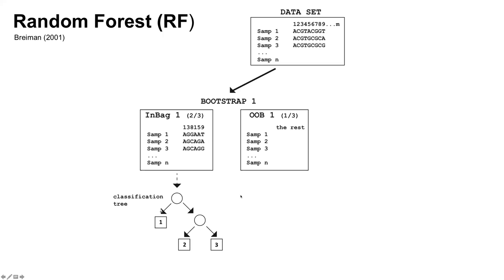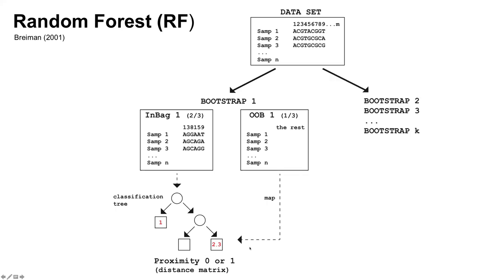And then we take that tree and map the out-of-bag samples onto it. In this hypothetical example, we may get 1 up here, and 2 and 3 end up in the same box because they cannot be separated based on the data here. So for this particular bootstrap, and for every bootstrap, we calculate a proximity score. This is essentially a distance matrix, a proximity matrix. The pairwise proximity score for 2 and 3 is 1, because they're in the same box. The pairwise score between 1 and 2, and 1 and 3, is 0, right? So it's 0 or 1.